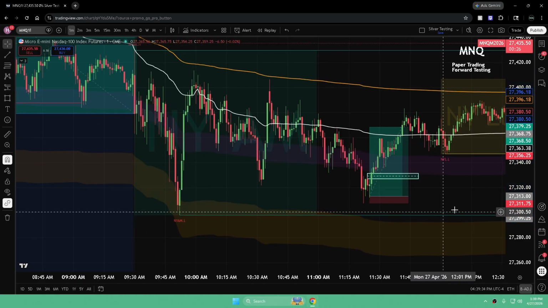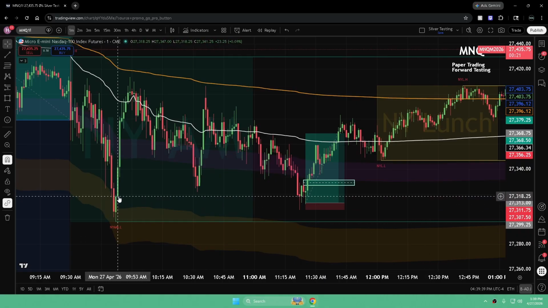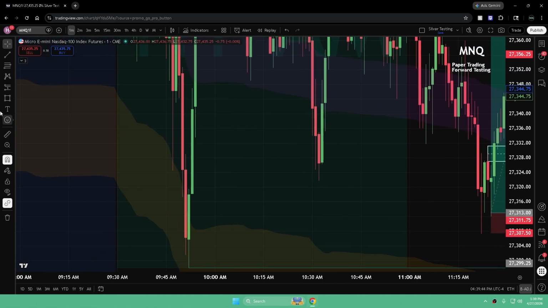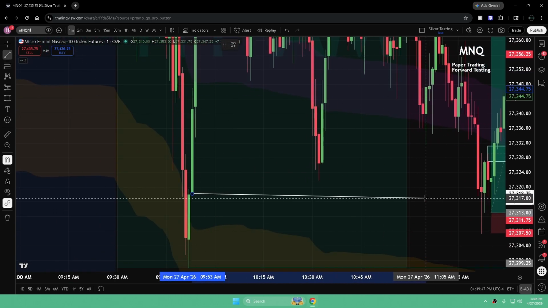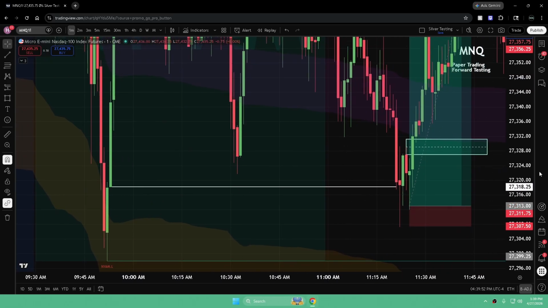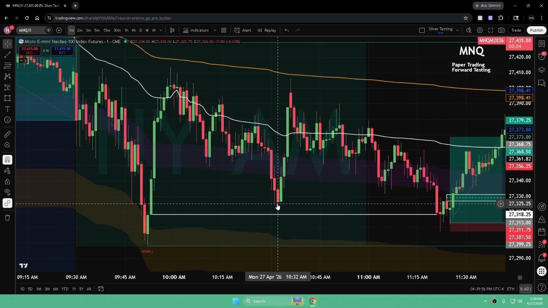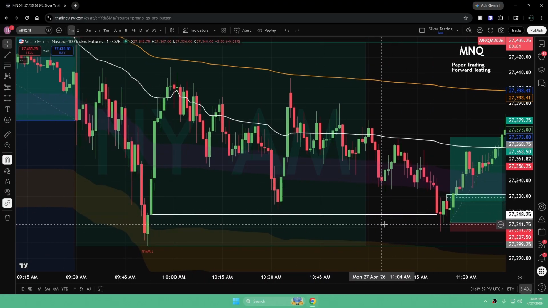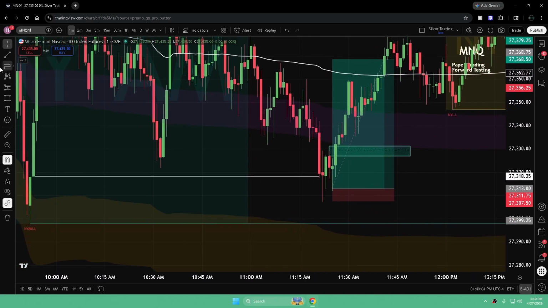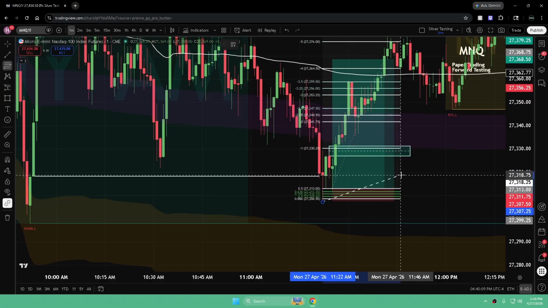But besides that, you have this candle with no wick right here. So you could expect price to come down here. Anytime there's a candle with no wick, you could expect price to come down, take out this candle first, and then go to our drawn liquidity. That's why you wouldn't have entered here. You would have waited until this candle takes out this low. Then you could have got a more precise entry like I did and take this rejection block right here.